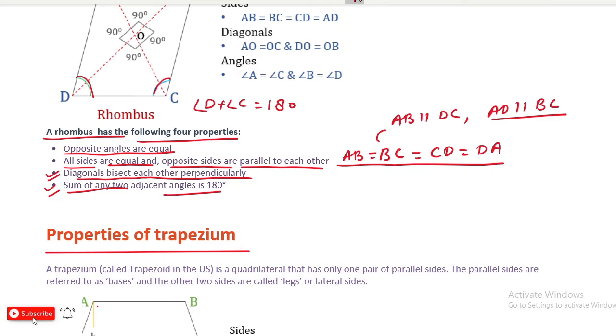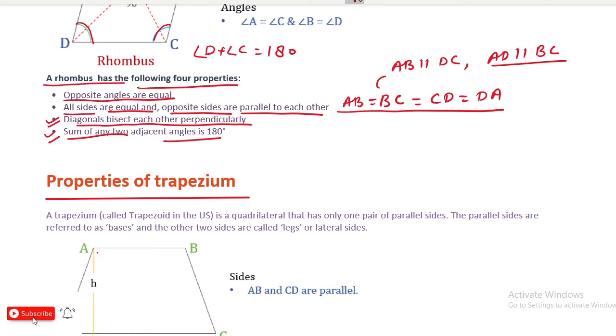Okay. Then we understood the common difference between rhombus and parallelogram. Here in the rhombus the four sides are equal. Okay. But in the parallelogram, the four sides are not equal to each other. Here the diagonals bisect perpendicularly, but in the parallelogram the diagonals only bisect each other. Okay. Now the third type, properties.